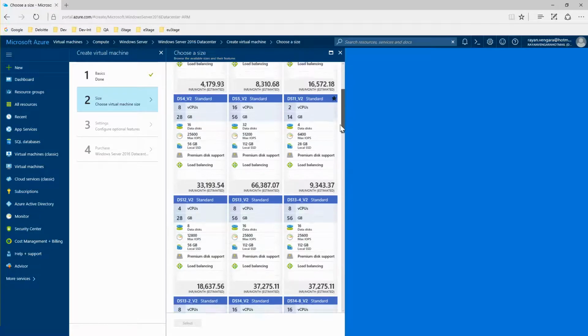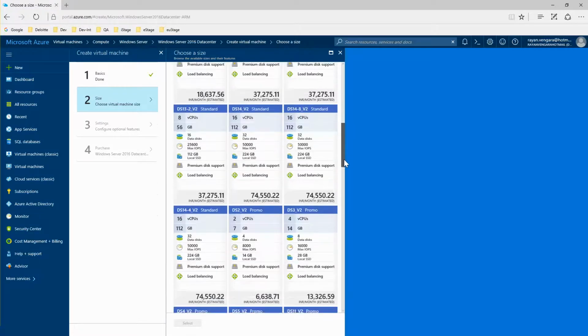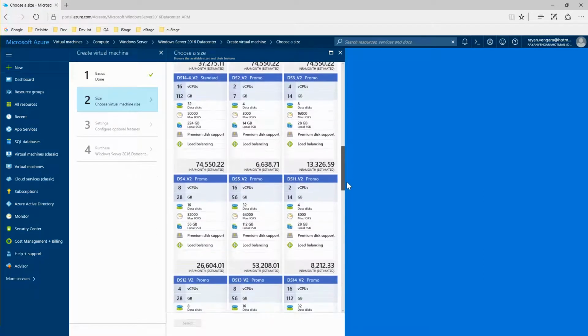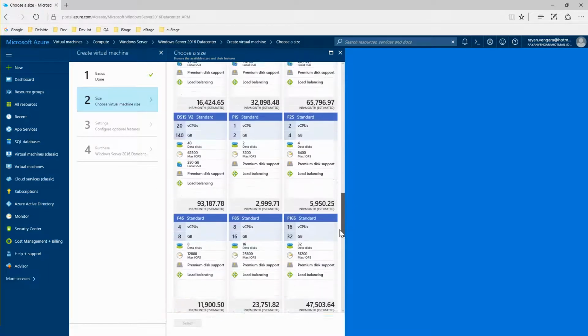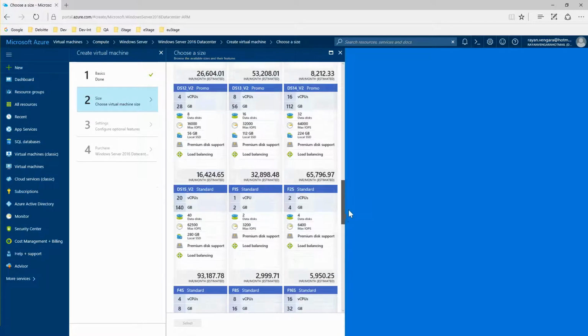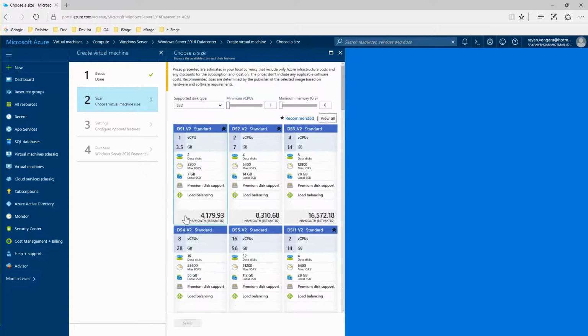It's going to list all the configurations which they have. So you can see the configuration, as expected, is directly tied with the cost. So the higher the configuration, the higher the cost is going to be. So I'm going to choose the lowest one here, the Standard DS1_v2 Standard. I'm going to select this,